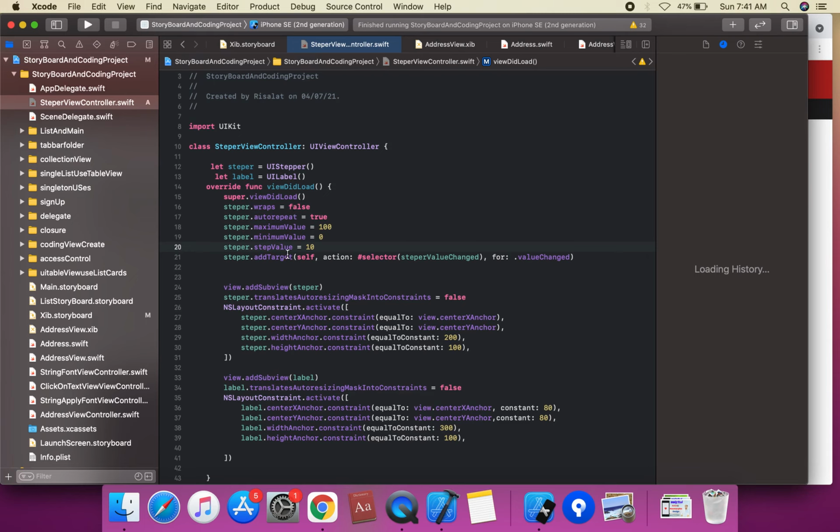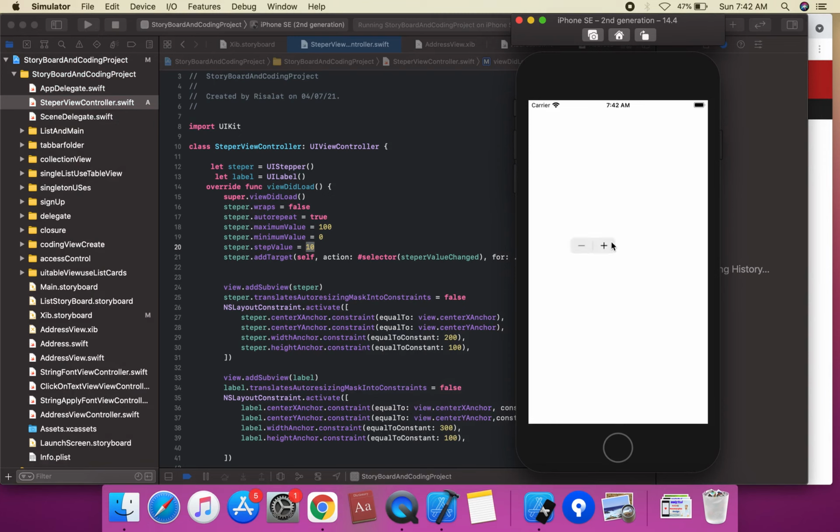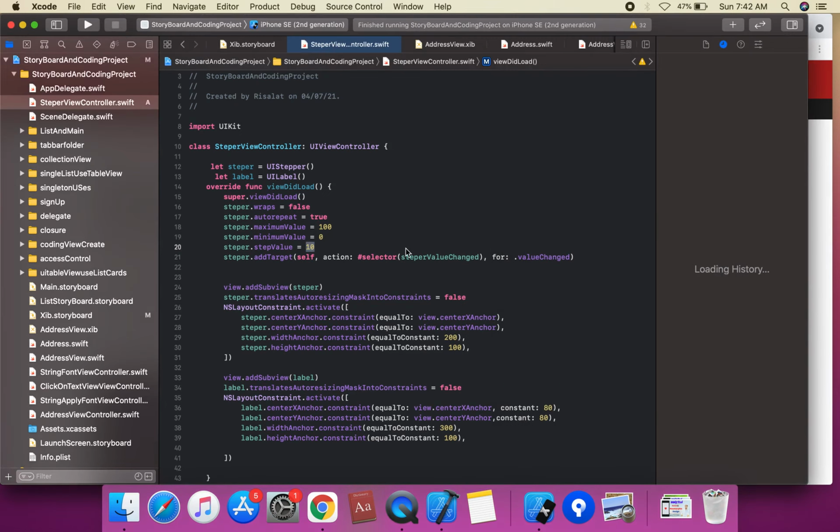We can set 10-by-10 increments in this project. We can set a step-by-step increment: 10, 20, 30, 40, 50, 60, 70, 80, 90, 100. Okay, the maximum value is 100.